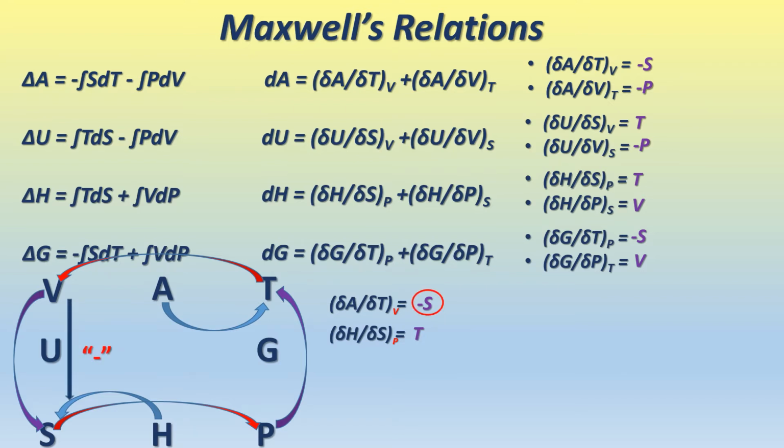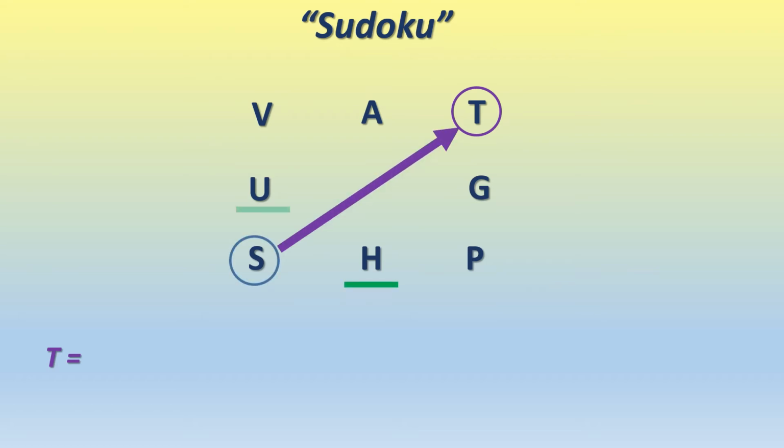If you go down, the sign is negative. If you go up, the sign is going to be positive. This mnemonic works like a game of Sudoku. If I'm going to find T,